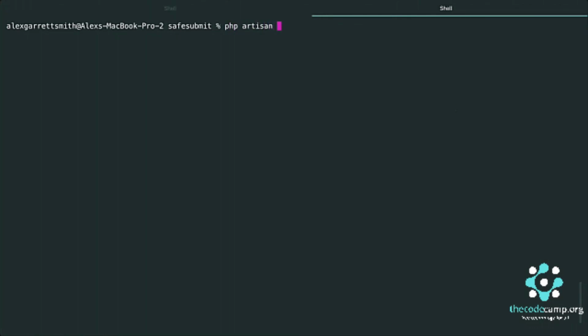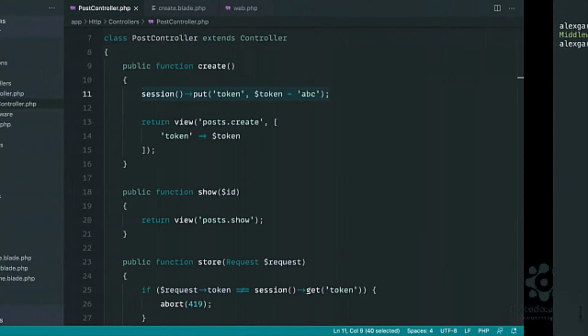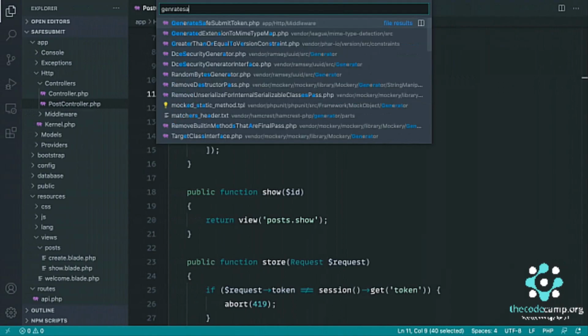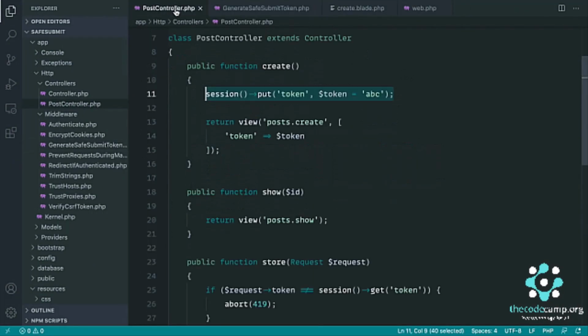So let's go ahead and make some middleware with Laravel, and let's call this GenerateSafeSubmitToken. Now safe submit is the name that we're kind of giving to this functionality, whether it was pulled into a package or not, but we kind of want a unified name for all of this. Okay, so let's open up GenerateSafeSubmitToken, and we're just literally going to copy this and put that